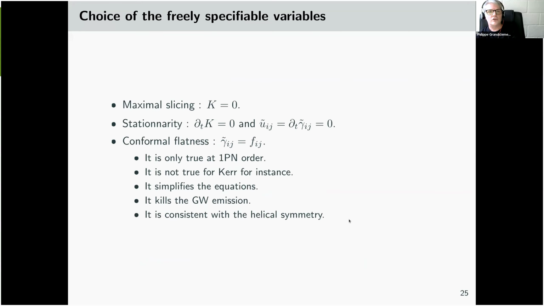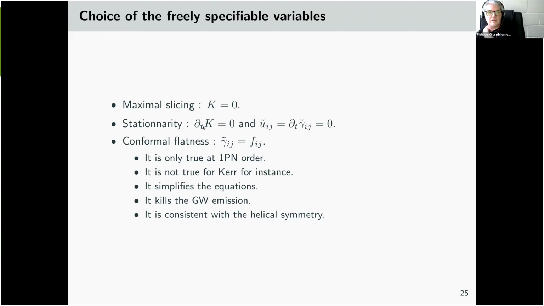Okay, so choice of specifiable variables. Most of the time we use maximal slicing. It has been shown to be relatively good for stability. So we choose the trace of the extrinsic curvature tensor to be zero. As we are working in quasi-circular orbits, we can state that we are in equilibrium, if you want, and so